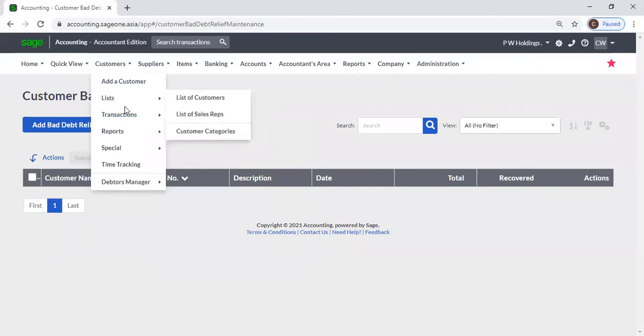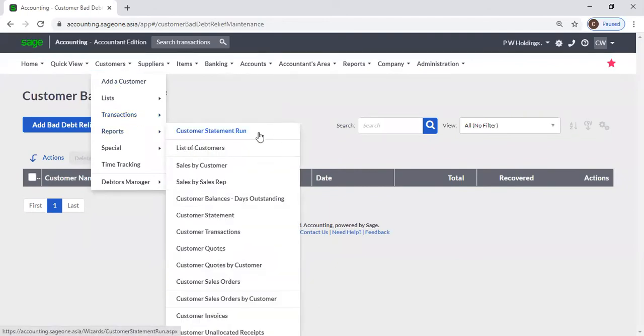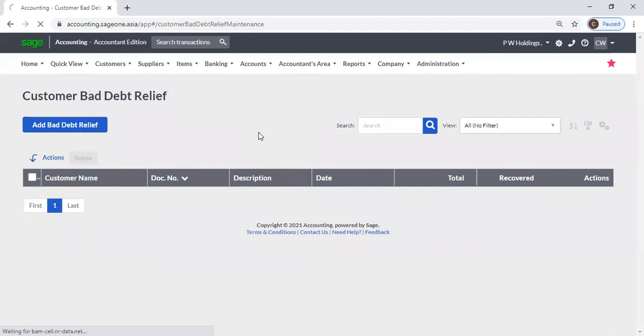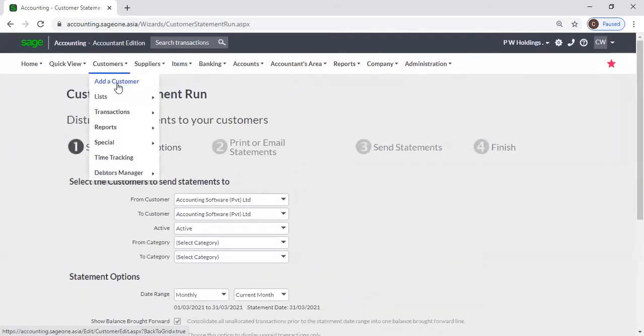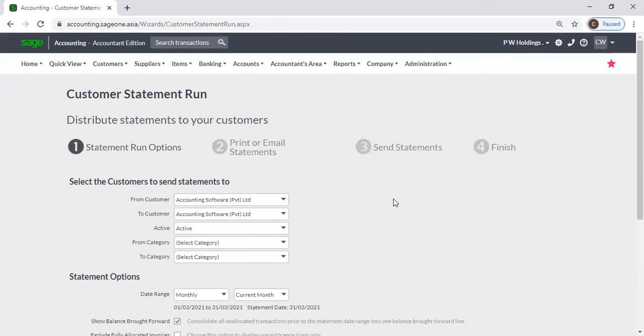Okay, we will move to customer reports. Go to customers, reports, customer statement run. From here, if you have given an email address when creating customers, you can email your customer statement to customers. From here, you can select customers. You can select a particular customer or a range of customers, or if you haven't selected any customers, you can send statements